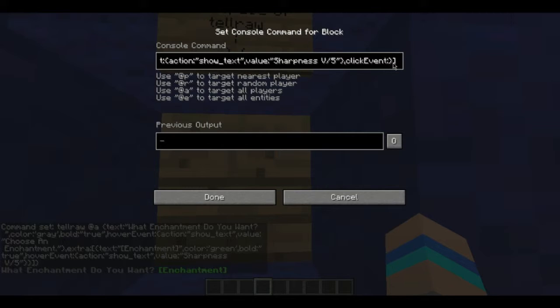The click event will do this action, it's gonna run command, and then the value. So this is gonna give them a diamond sword with the enchantment sharpness 5. So give @p. No, yeah, @p. Oh, diamond sword 10,